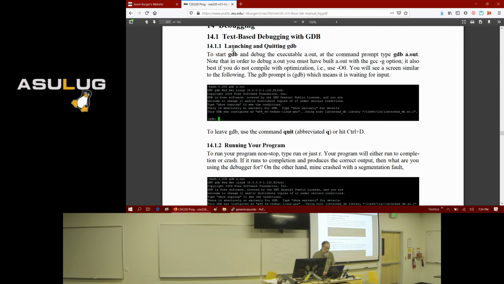Okay, so to start GDB, you type GDB and then the name of your binary. I specified the -g option. What that does is, the debugger requires information about the program, like the names of the variables and the data types of the variables, and that information's not available at the machine language level. So the -g option tells the compiler to put debugging information into the binary, and that debugging information includes things like the names of the variables, the names of the functions and stuff.